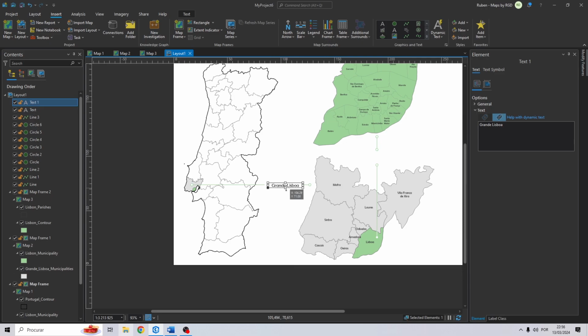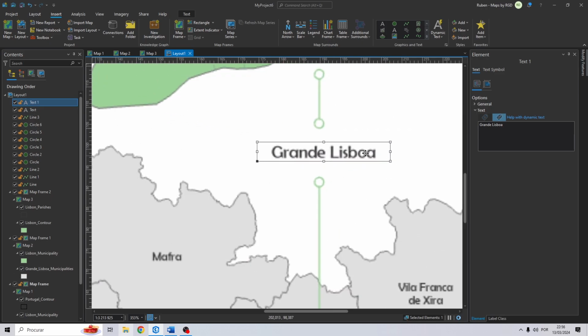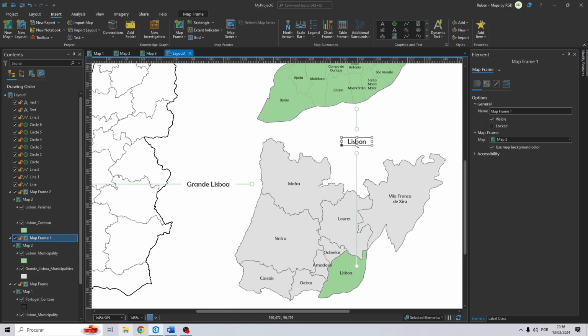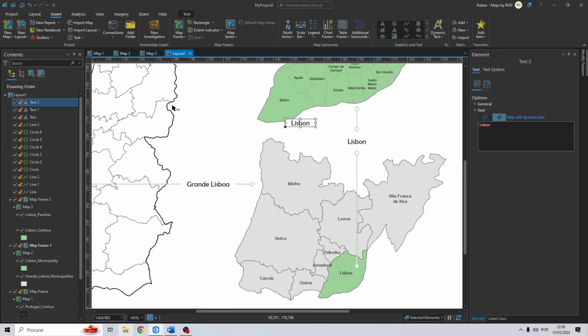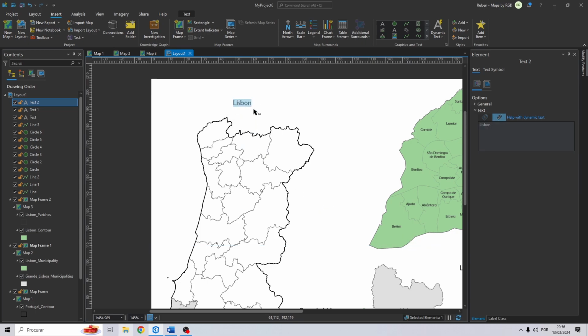Let's duplicate this text. Changed the text to Lisbon. Adjust to those circles. Okay. And then to finish, I'm going to call it Portugal regions right here. And place it here. To finish, I'm just going to create